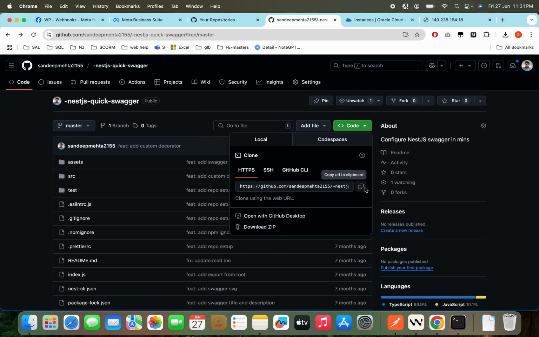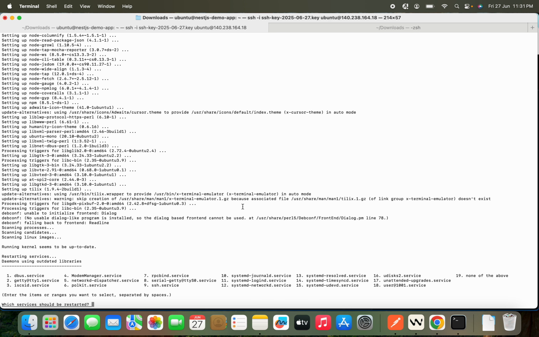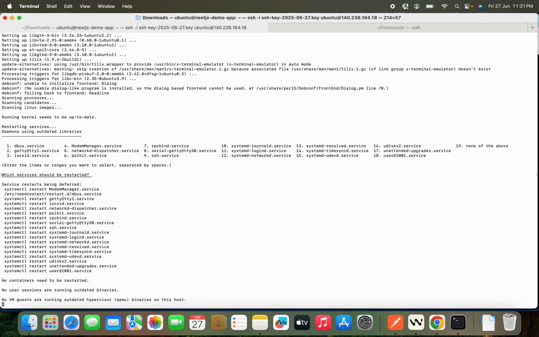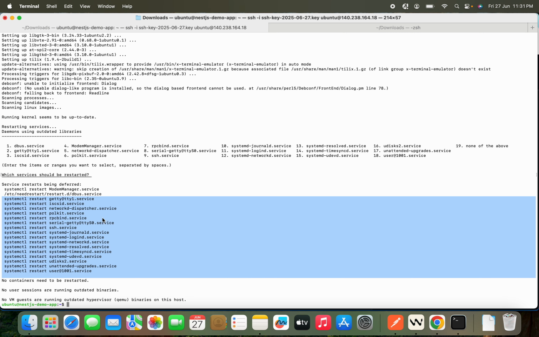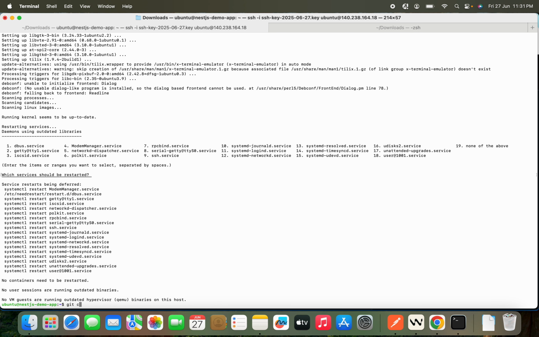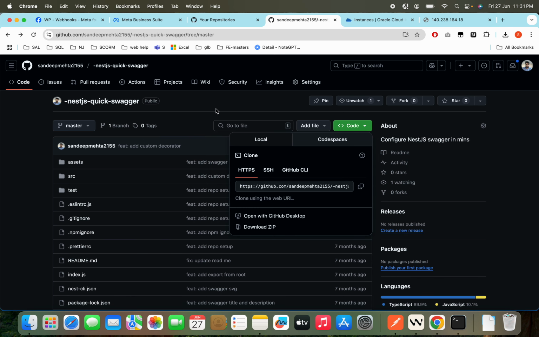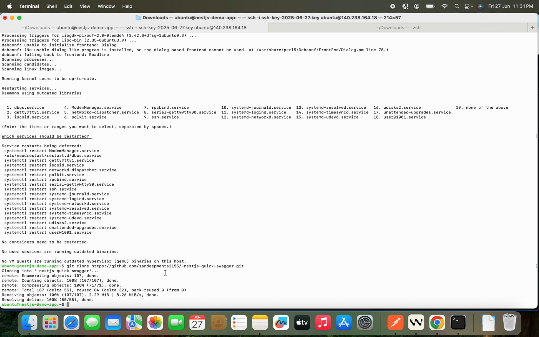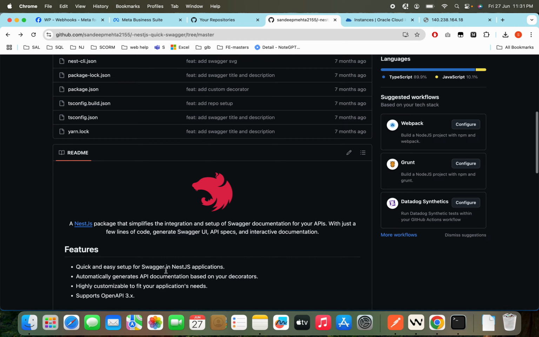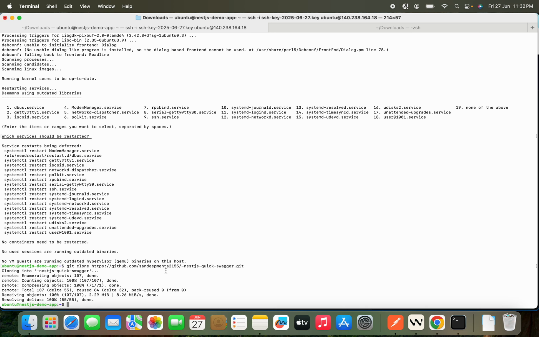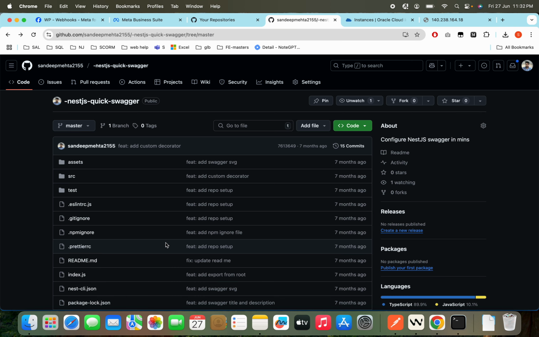So let me just copy this https command for cloning. As you are able to see, certain services are getting restarted. Okay, now I will just clone my repository. So this is a public repository, and by means of the git clone command you are able to access it. So I have to go into the folder, and